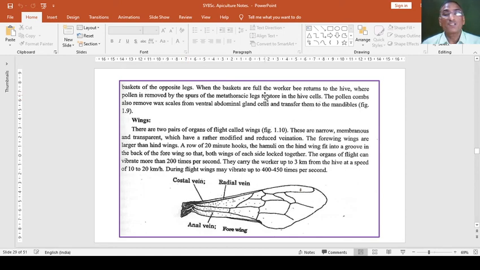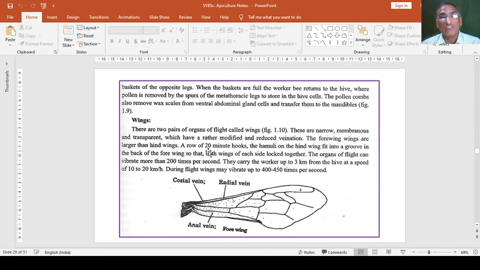So these are the first organs of the thorax, that is legs. The second organs are wings. So there are two pairs of organs of flight called wings. So this is the first pair and then another is the second pair, two pairs of wings. The first pair is called the forewing and the second is called the hindwing. These are narrow, membranous and transparent, with modified and reduced venations. These are the venations, very thin and reduced, and the forewings are larger than the hind wings,